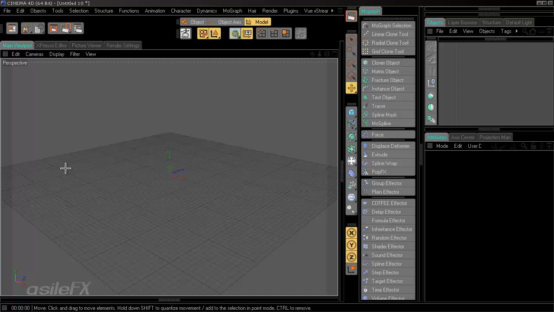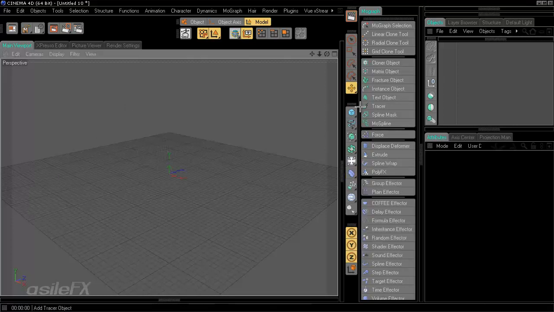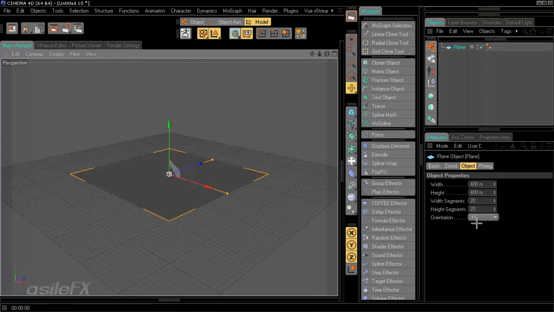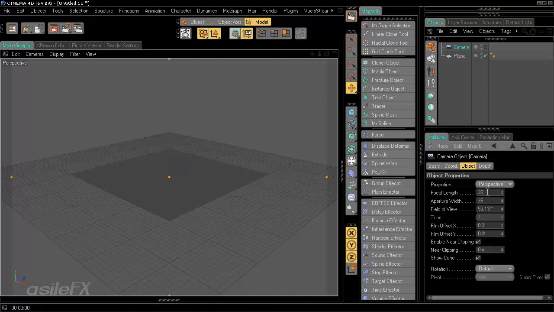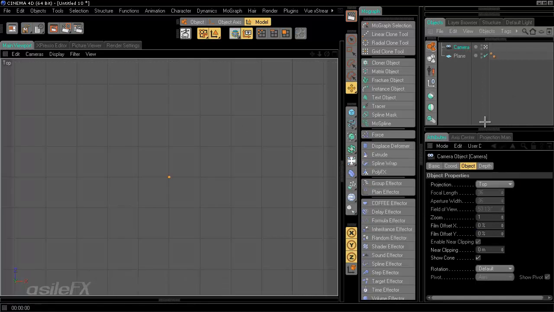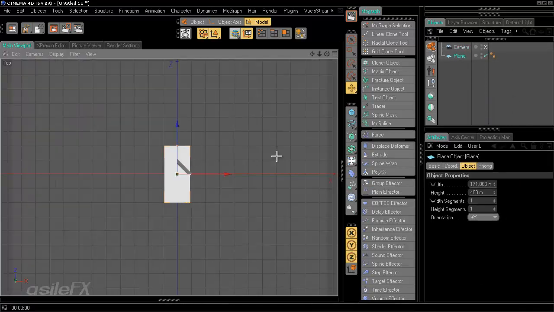We are now going to create some textures to use for our buildings, something we'll be able to randomize and place throughout the city. So what I want to do is add in just an object plane, set the width segments to 1 and the height to 1. And I'm also going to create a top camera, so add a camera, switch it to the top projection, switch over to the camera,